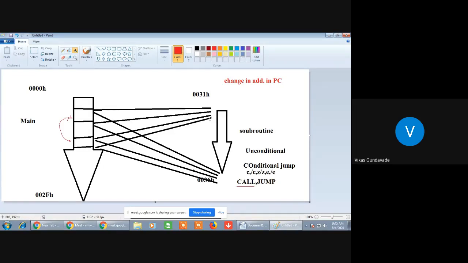Everyone got it? So two types of instructions are available: call instructions and jump instructions. The call instructions are unconditional as well as conditional. Similarly, jump instructions are unconditional jump as well as conditional jump instructions.